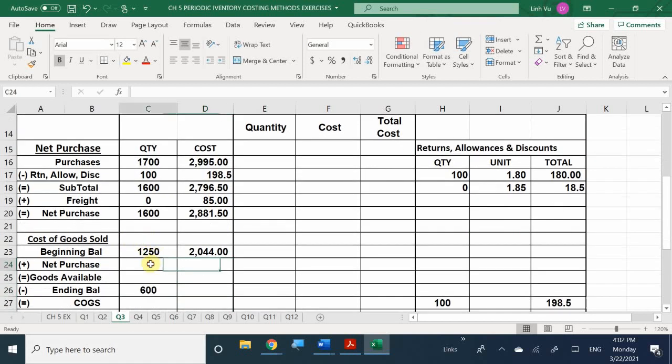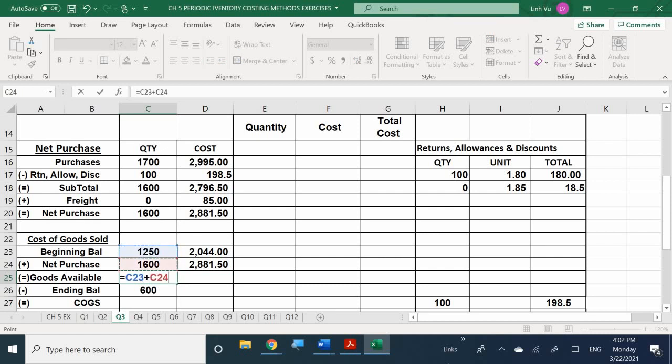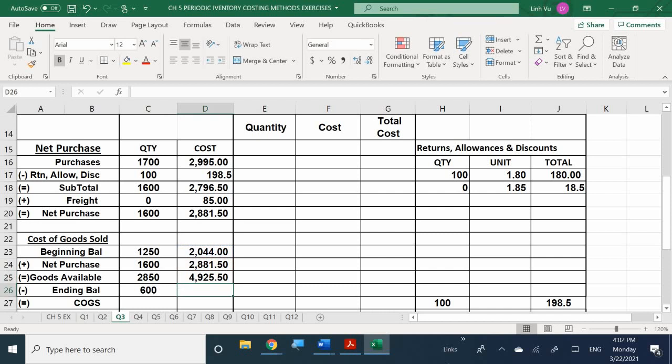So now we already saw our net purchases, so we're going to carry that down. We're going to add these two numbers together because that's going to give us our total goods available. So again, 1,250 plus 1,600 is going to give us a grand total of 2,850. Add these two costs together, we have a total available cost of